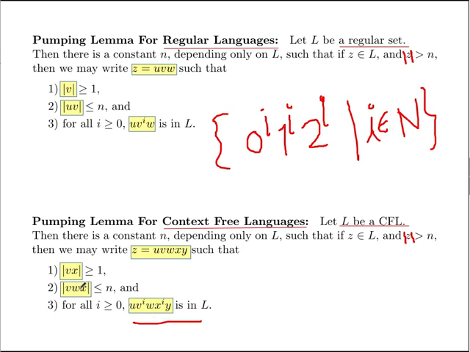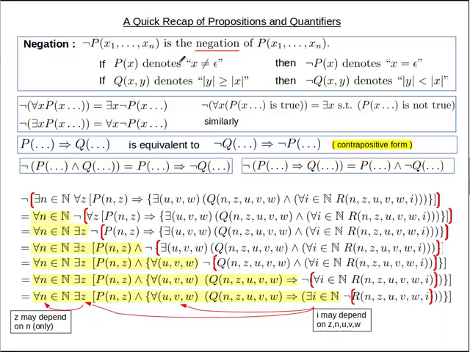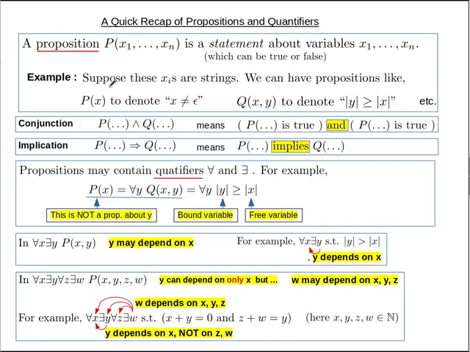And also this part is less than or equal to n. Okay. So this is the statement for the pumping lemma for context-free languages, and we will write this down into a formal logical statement. While discussing the pumping lemma for regular languages, we already mentioned these logical notations. You already know them, and we discussed this before, so I am not going through all these things once again. So just the important point is that